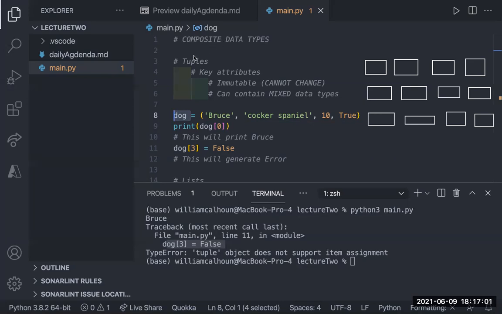When I declare dog, let's say it takes up 4 squares. My computer finds 4 consecutive squares together and says, okay, this is where I'm storing dog in memory. Now, what that means is once it's stored there, it's not going to change. We don't have to have it prepared to change and grow.